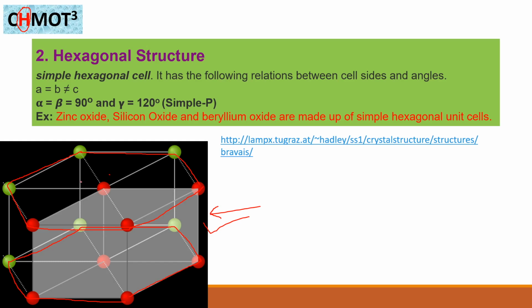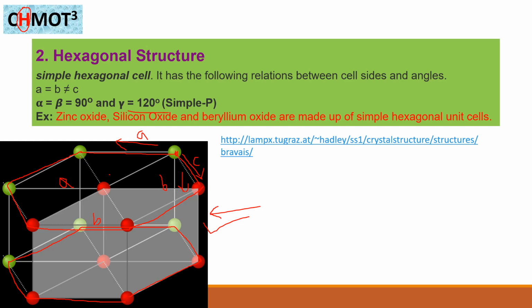Okay, if we consider this is the axis, this is the A and this is the B, or sorry, we can consider this is the origin, and if we draw the line here, this is the A and this one is the B, the bottom line. Okay, but this is not equal to C, the same length does not appear here. It means A is equal to B but not equal to C. But in this case the angles alpha and beta are 90 degrees, but gamma represents 120 degrees.